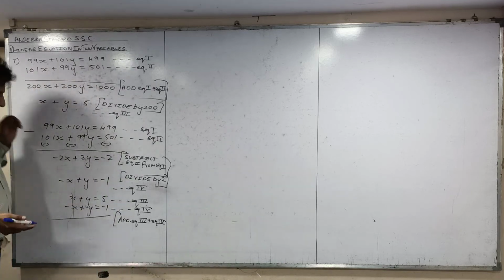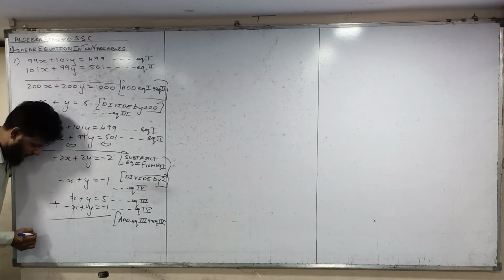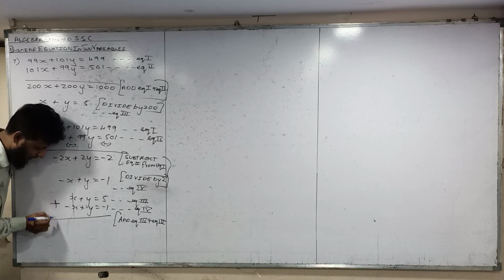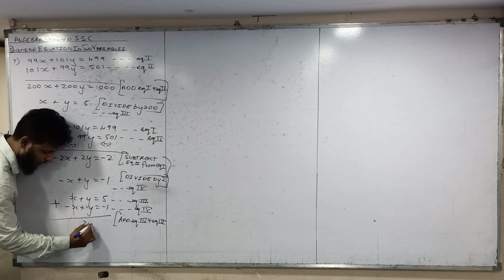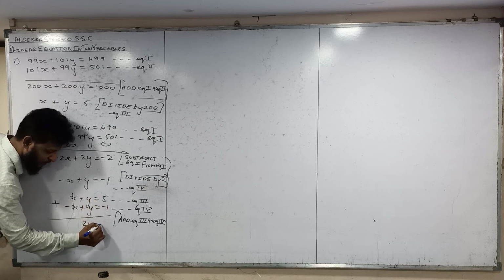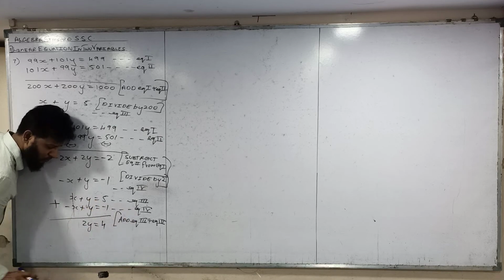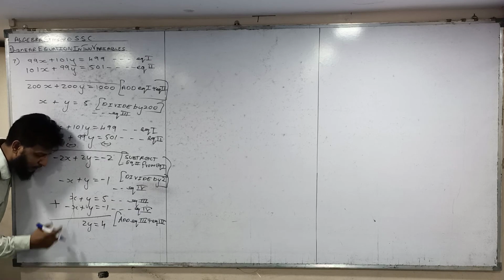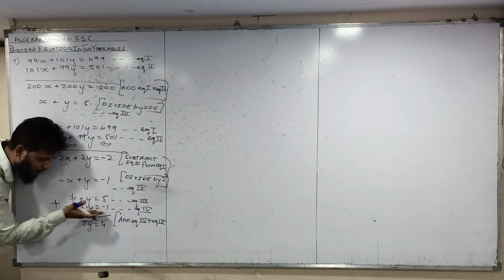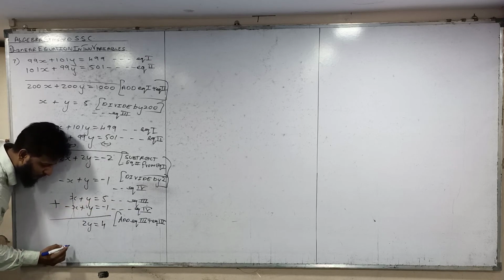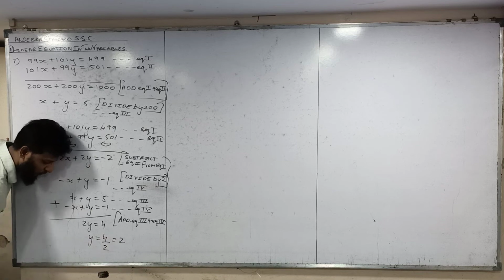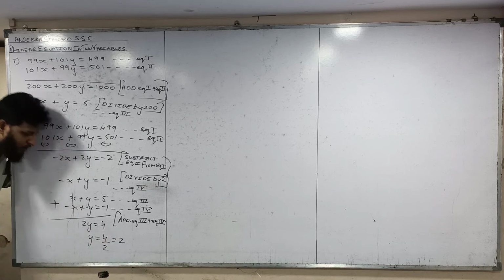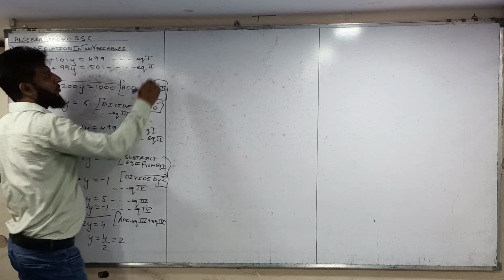When we are changing the sign, we write subtract the equation. Okay. So add now. Big plus sign in the middle. Add. So minus x plus x cancels. y plus y is 2y, and 5 minus 1 is 4. In add you have no need to change the sign. And in subtract you have to change the sign of the below equation. Now y is equal to 4 upon 2. 2 ones are 2, 2 twos are 4. So value of y is 2.